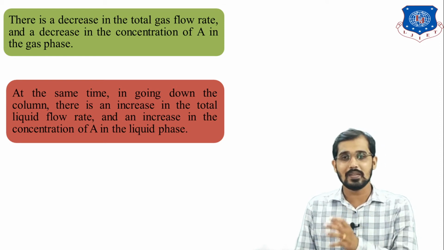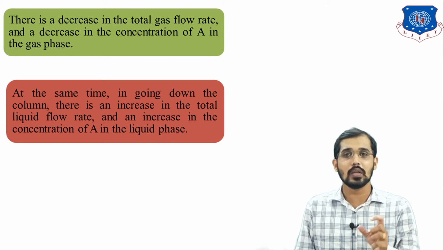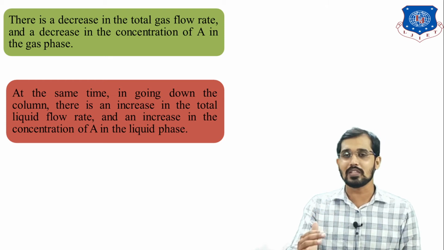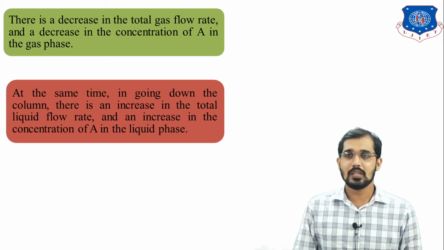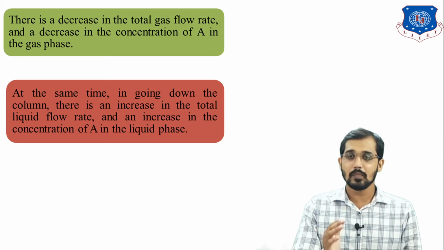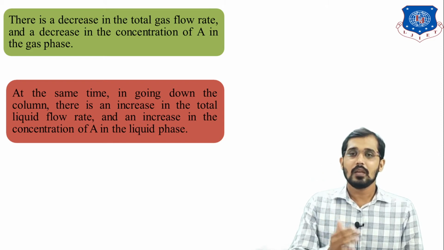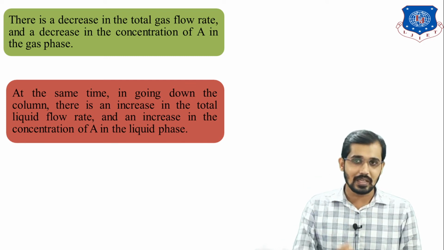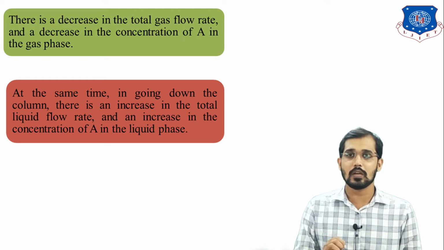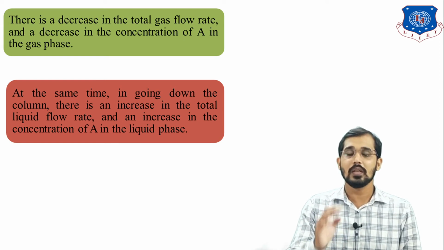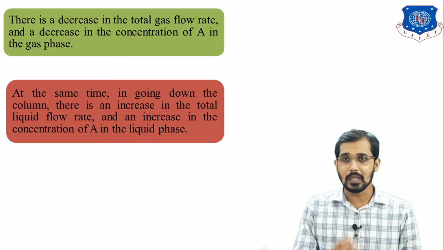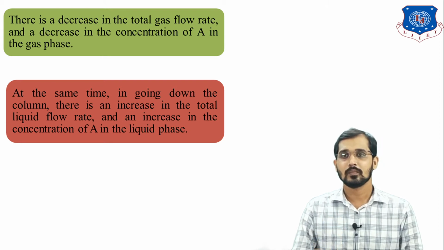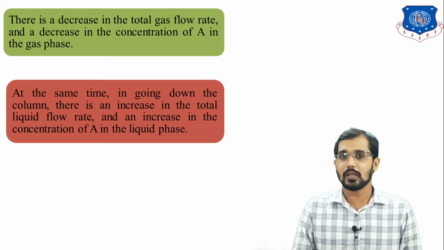We have seen in the previous lecture the mode is different, that is the counter current mode of operation, where the gaseous stream comes from the bottom section to the top section and the liquid stream comes from the top section to the bottom section. That's why I told you in the gaseous stream, going upward, the concentration of that component decreases. But in this co-current absorption, the concentration of that component decreases top to bottom in the gas, and in the liquid it also increases top to bottom because both streams are flowing in the same direction. So this is nothing but co-current absorption.